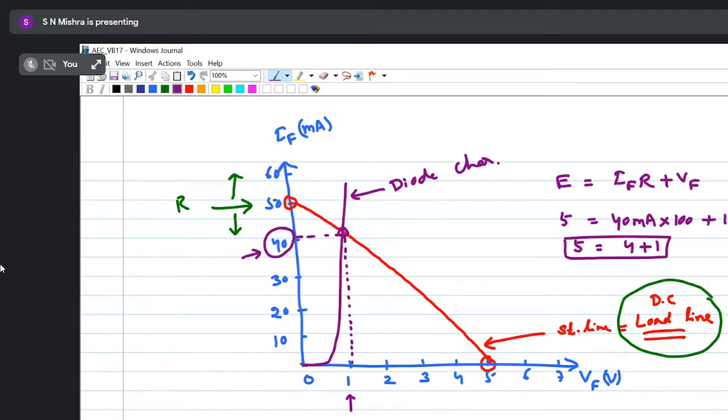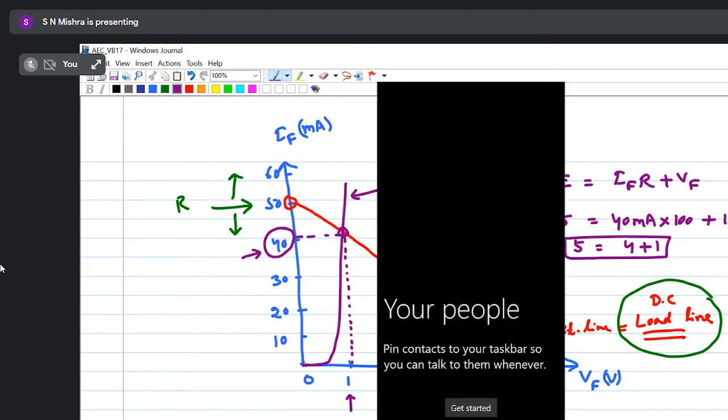Yes, sir. So KVL is satisfied means what? The circuit is stable. Whenever you take KVL in a loop, the voltage sum should be 0, or if you take KCL, incoming current is equal to outgoing current. That means the circuit is stable. If it is not satisfying that condition, then the circuit is unstable. So here what we have found out, this point if I operate,